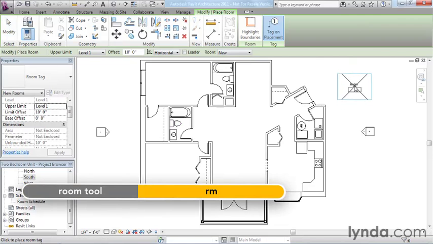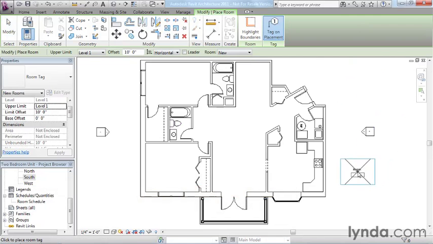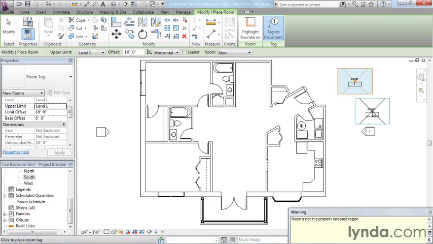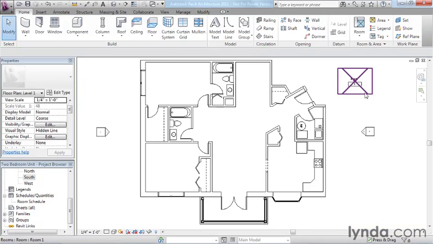If I move my mouse out here somewhere, out in free space, you'll see that the room appears as just a generic blue rectangle. And in fact, if I went ahead and clicked it out there, I will get a "room is not in a properly enclosed region" message from Revit. Now, I could ignore this message. It doesn't actually prevent me from creating the room,